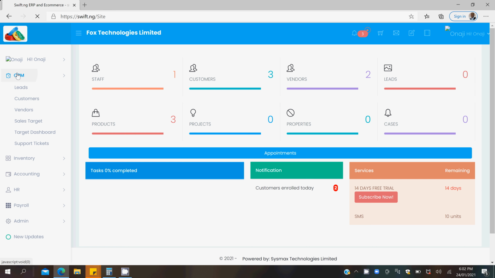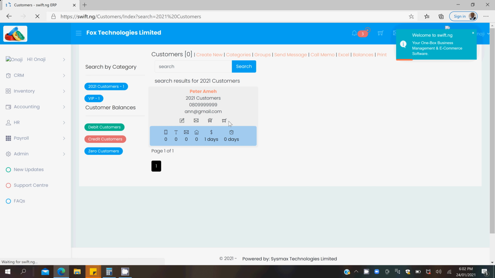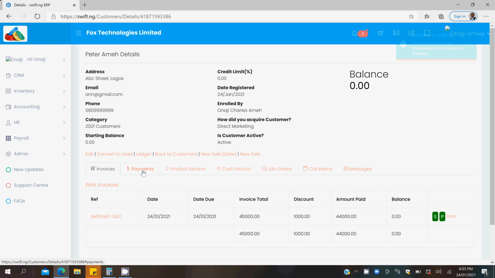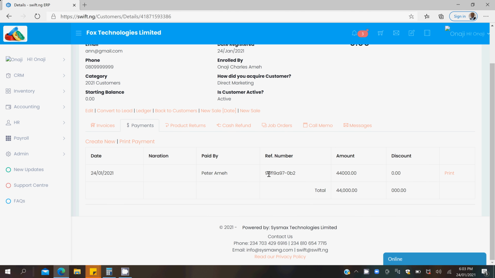I go to the CRM section and click customers. I'm going to pick out a particular customer. I think I'll use Peter Ame. So I'm going to click Peter's name and go to the payments tab here in his profile. He doesn't have any balance with us, so I'm going to make him make a deposit. This is his previous payment of 44,000. So I'm going to click create new under the payments tab to make a payment of